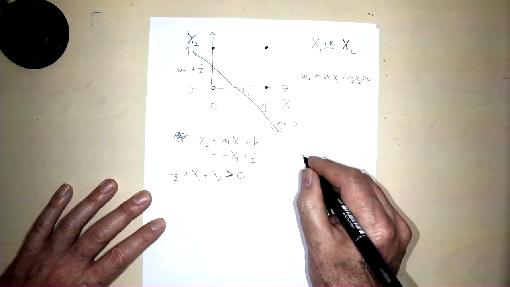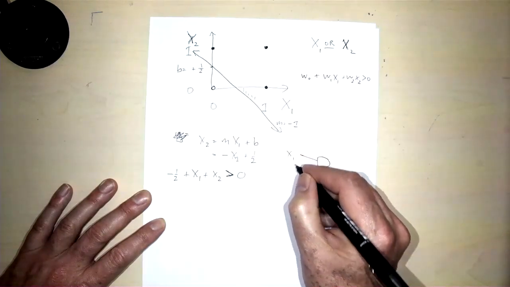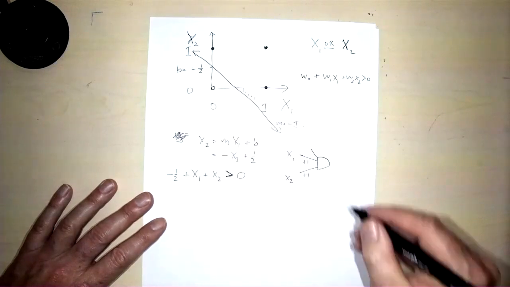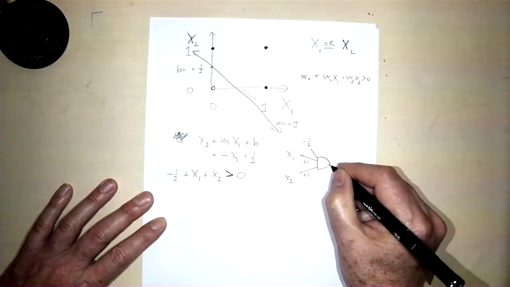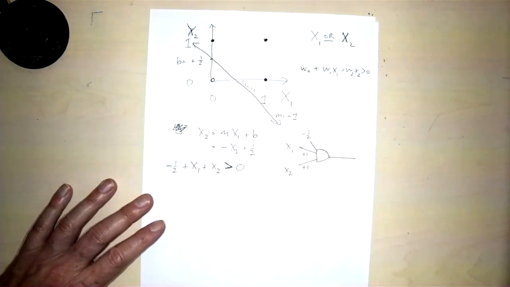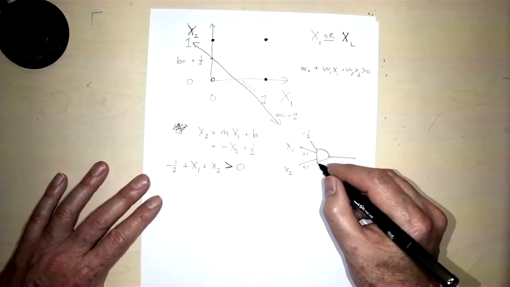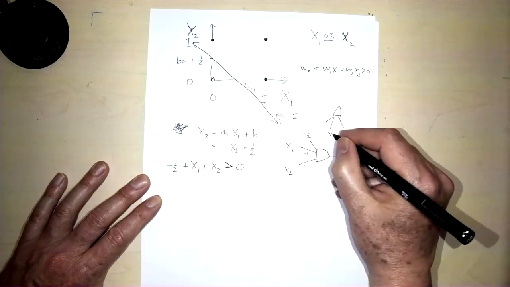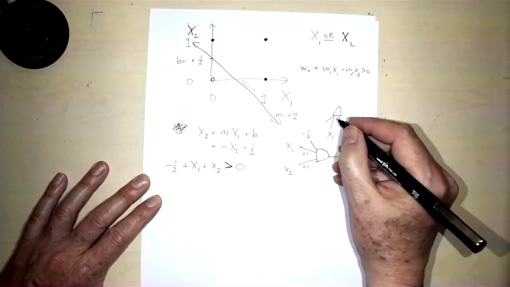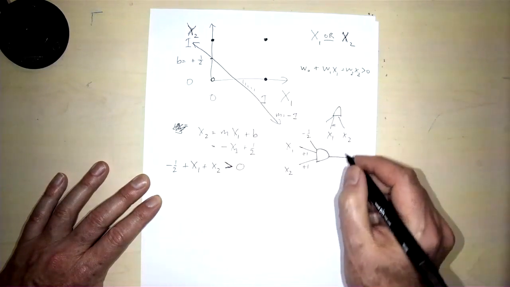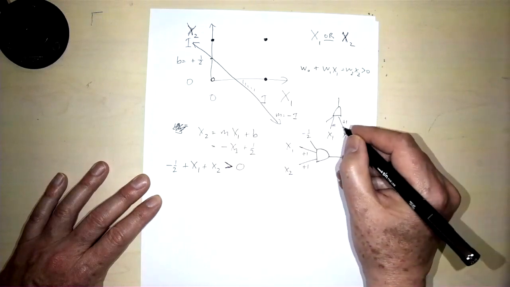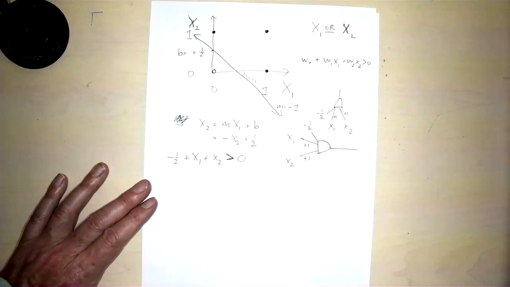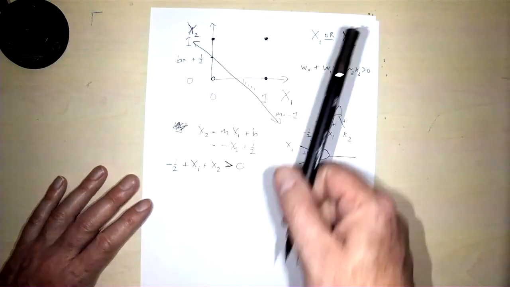perceptron. We can sometimes draw it sideways. So we've got x1 and here's x2. So these weights are +1. And the bias is minus 1/2. And then we got this step function. So we often draw it like this, left to right. Sometimes we draw it the other way up, so that the inputs go in here and the output comes out there. It's exactly the same thing, just a different way around. Okay, so that's the OR function.